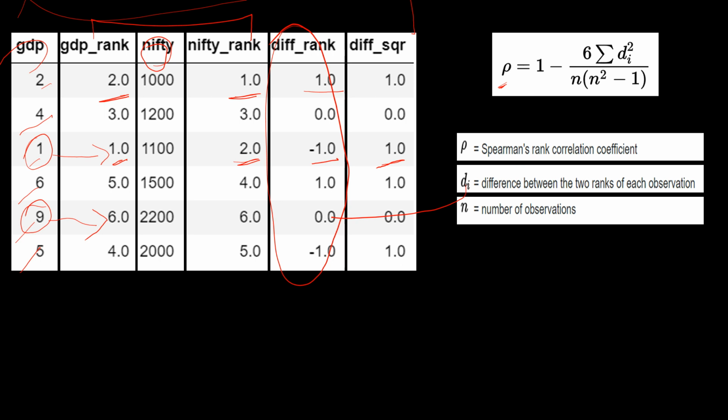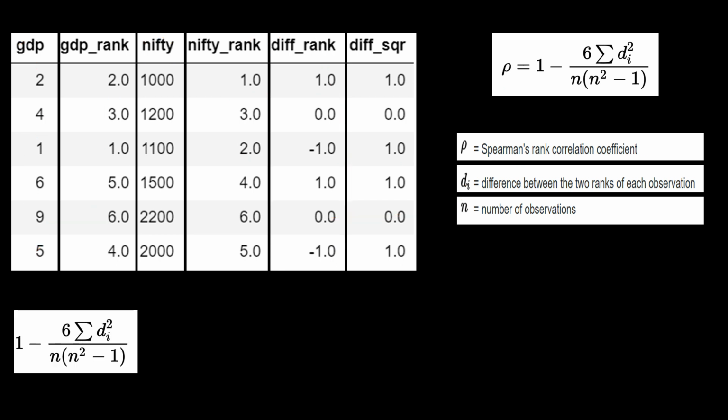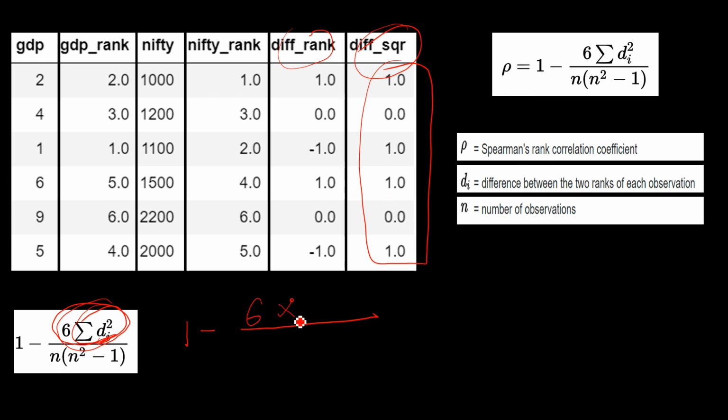Now let's try to impute our values in this formula. So here we have this formula. If I have to impute the values into this, I'm going to keep 1 as it is, then minus, and then 6 will remain as it is. This particular part, this E-like symbol, is the summation of di square. What is di square? di is nothing but this difference, and the square of it is nothing but this particular column. So this part is simply asking you to sum this particular column. If I do a sum of this, it will come to